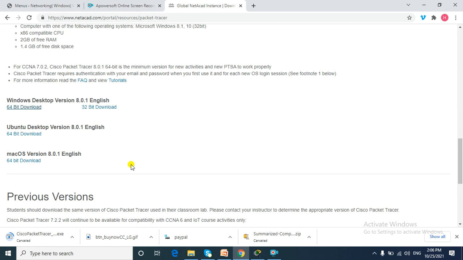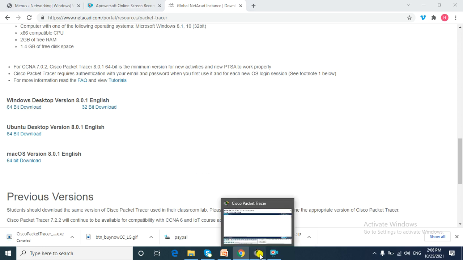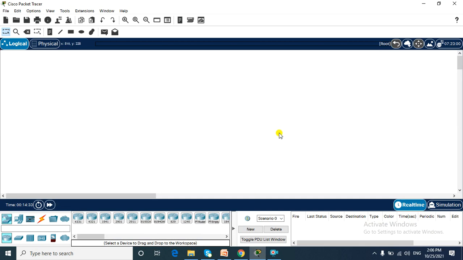install the application, and when you do it properly, this is what you would get after installation and you've opened the application. It will bring you to this interface. Now this is the Cisco Packet Tracer interface. If you want to see the version you're running,